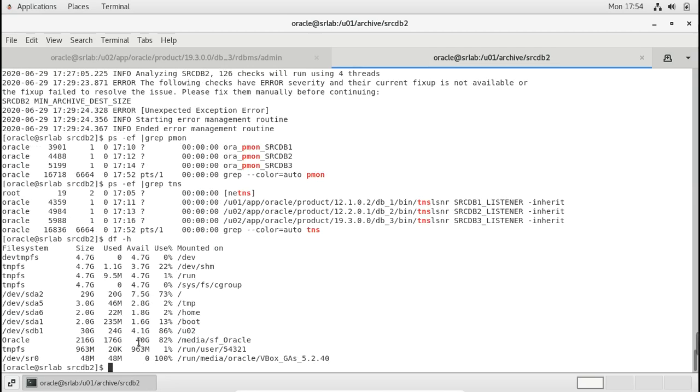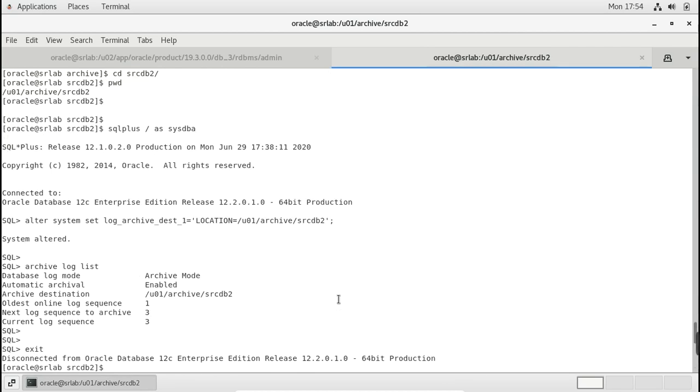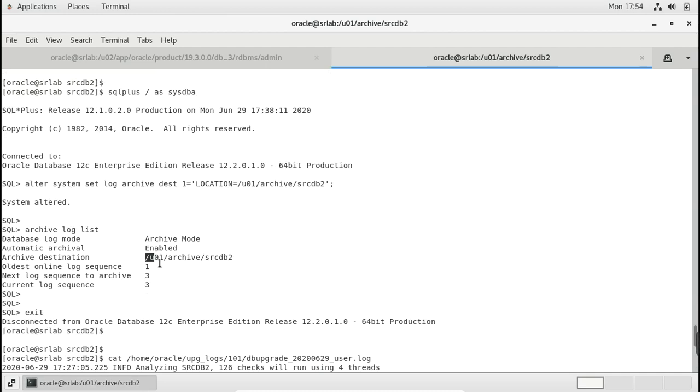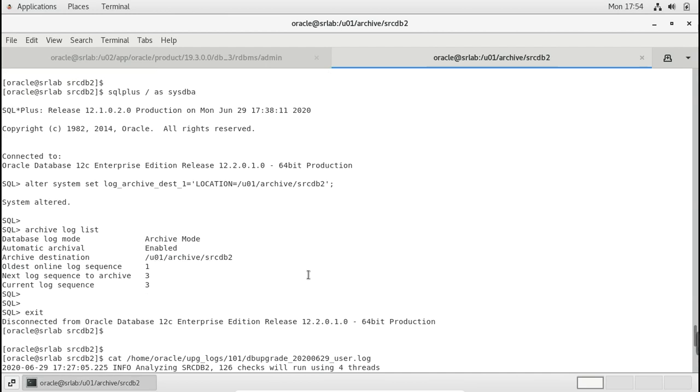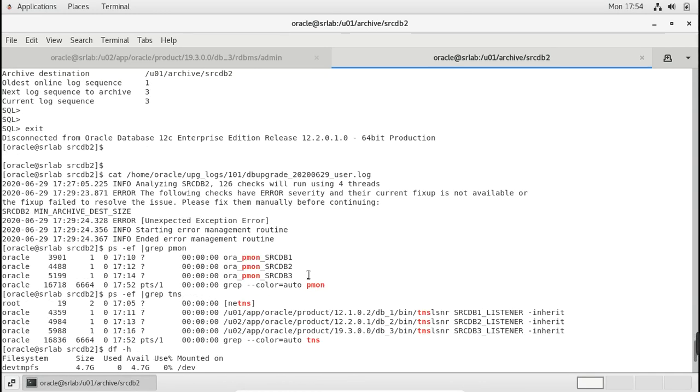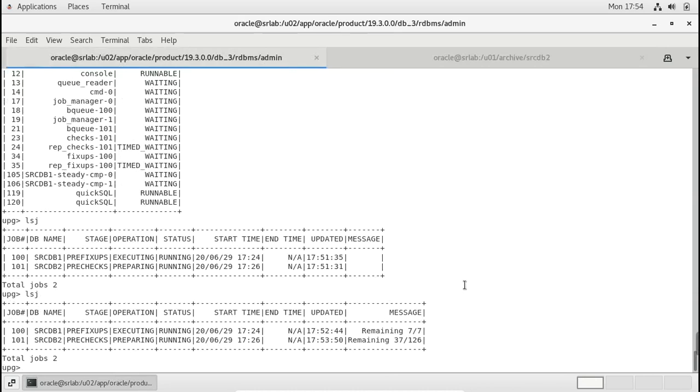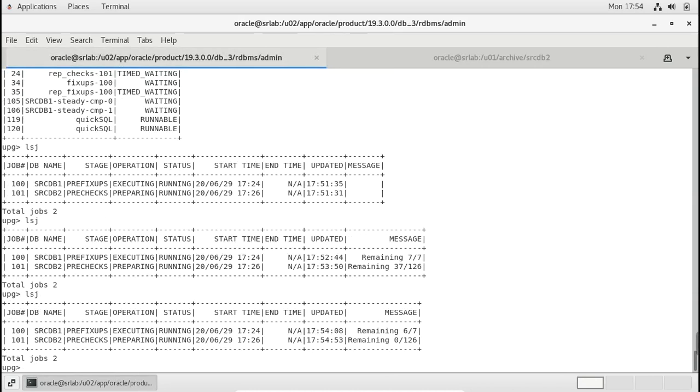Earlier it was in the U02 archives mount, so now I have changed it to the U01 archive space. So now the auto upgrade is running, and both the databases are running now. Okay, cool.